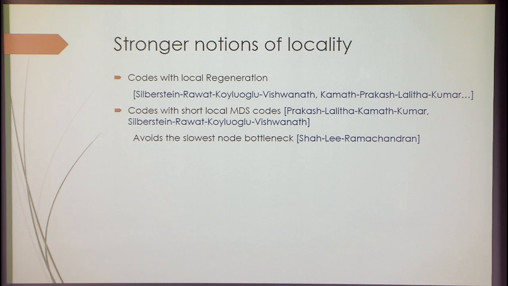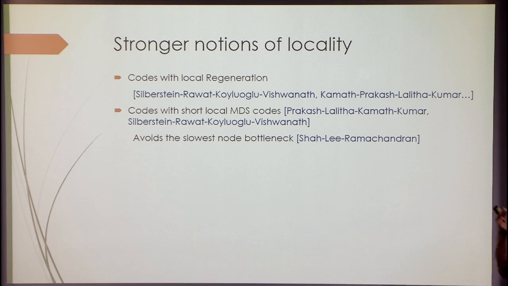This other variant I talked about, where your code actually has a short MDS code protecting each information symbol with distance better than 2, right? So again, this is interesting in practice because it allows for the following thing. Right now, if x1 is just protected by a parity check equation, when I'm serving a degraded read for x1, then I just need to read all these other R symbols